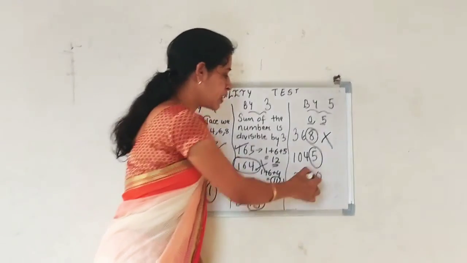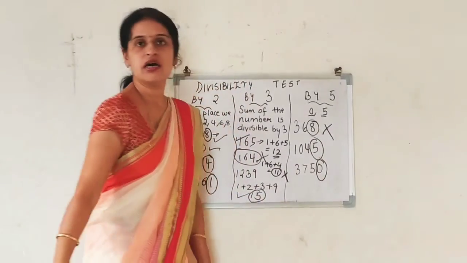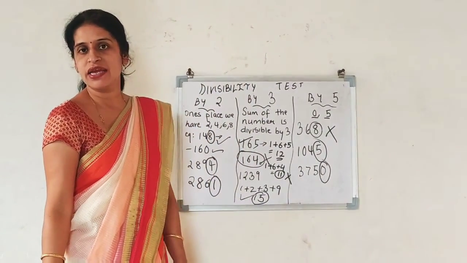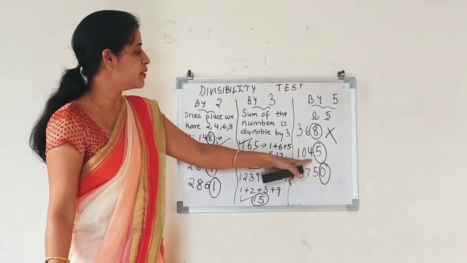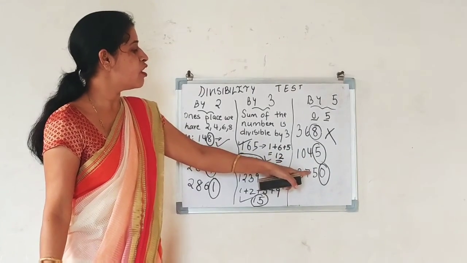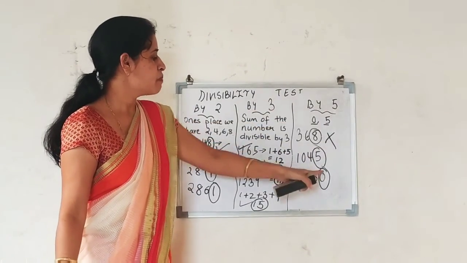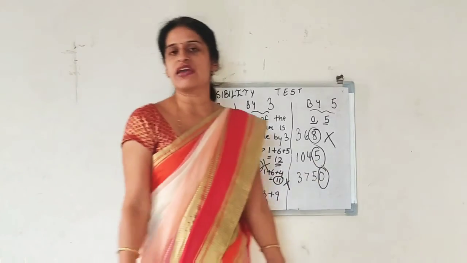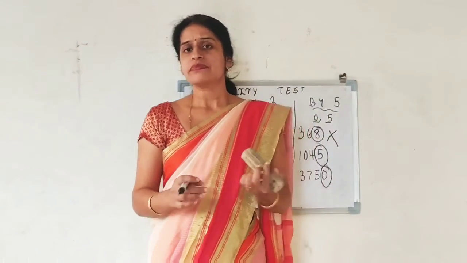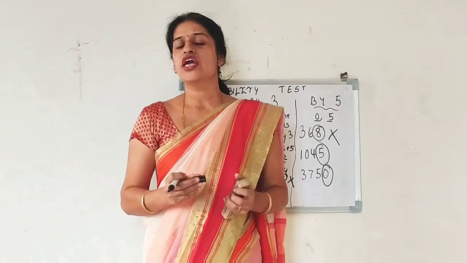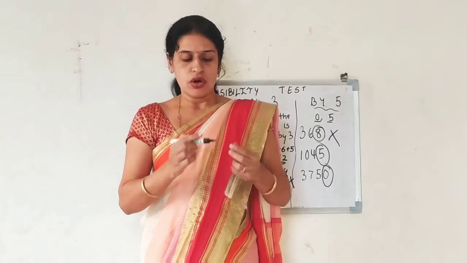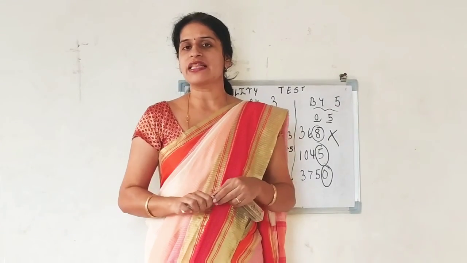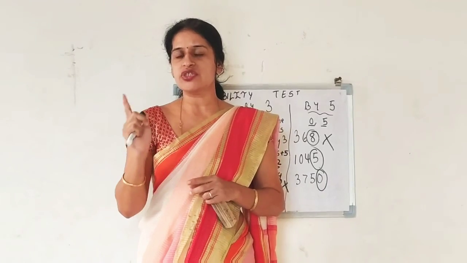3750? Yes, because it has 0 in the ones place. It means these two numbers are divisible by 5 because it has 0 and 5 in the ones place. So this is the way you will check whether numbers are divisible by a particular number. By 2,